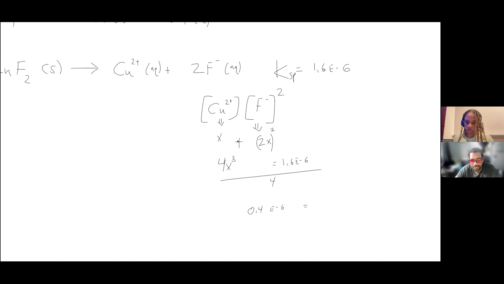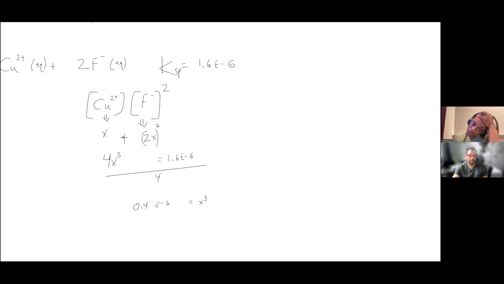Do we take the cube root? Okay. So take the cube root of 0.4 times 10 to the negative 6. Do you remember how we did the cube root? I'm trying to remember. Don't we change the